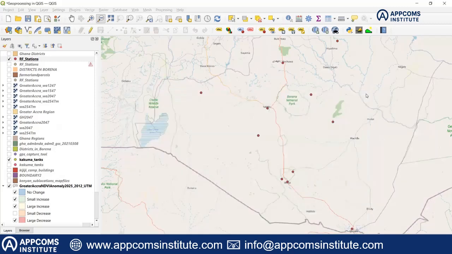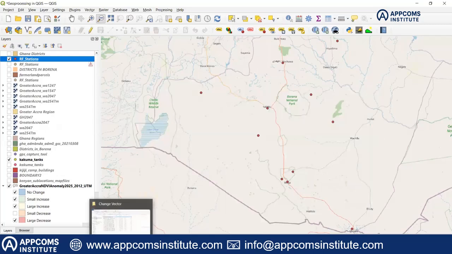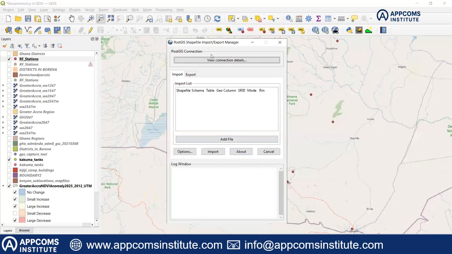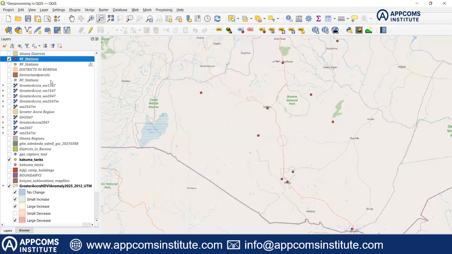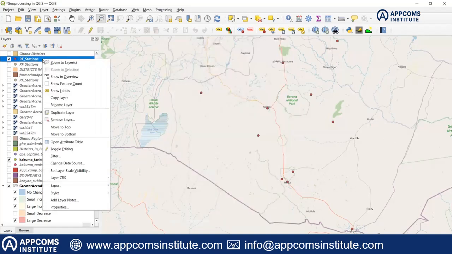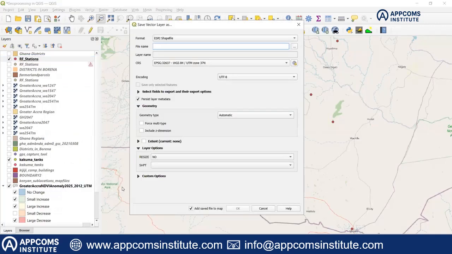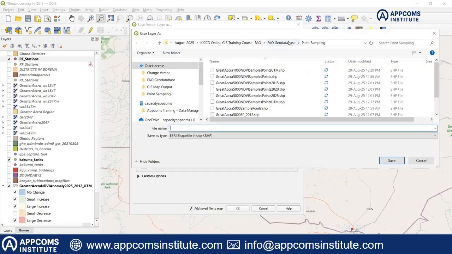So this one is currently in GeoJSON. You can see it says it's a shapefile import export manager, so you can only load spatial data that is in shapefile format. If it's in GeoJSON, you convert to shapefile first. So I'll do that right away. I'll say export, save it as, I'll have it as an ESRI shapefile, and then